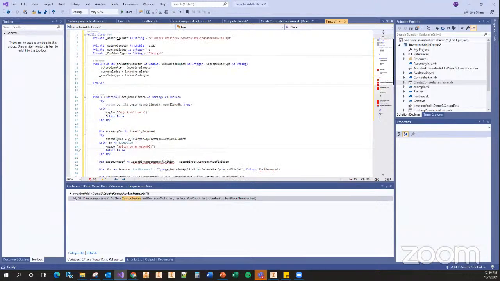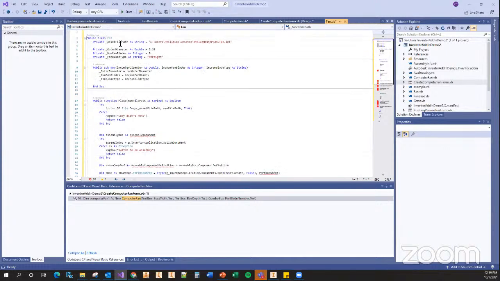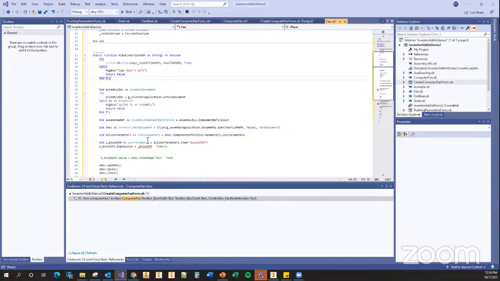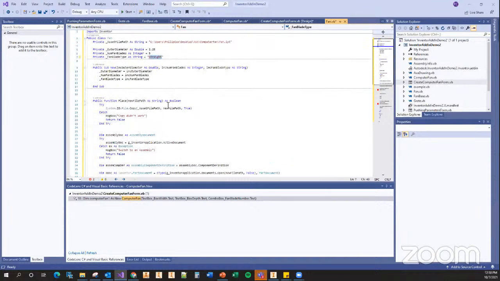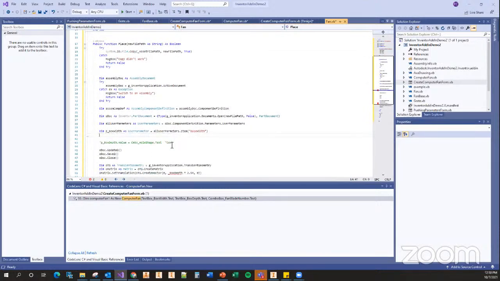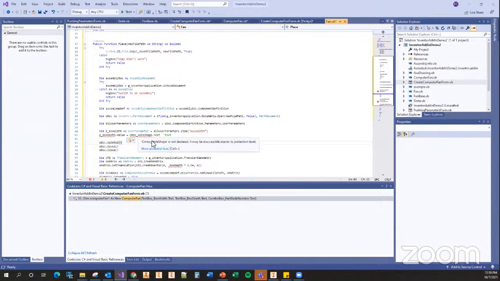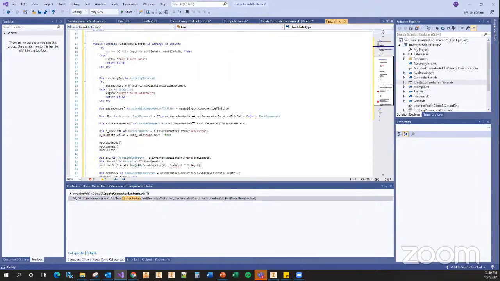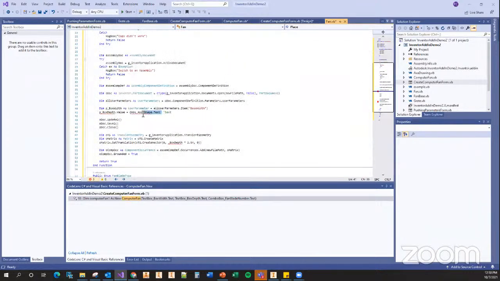Okay, I don't think we're importing Inventor. So it's going to yell at me every time we're trying to use an Inventor object. There we go. Okay, so now we have this straight thing, and we don't want a numeric, so I'm going to get rid of that. And I left that in there for a reason. We're going to go ahead and pass in that text. So now if this was an enum, we'd use that .ToString. Go ahead and do that